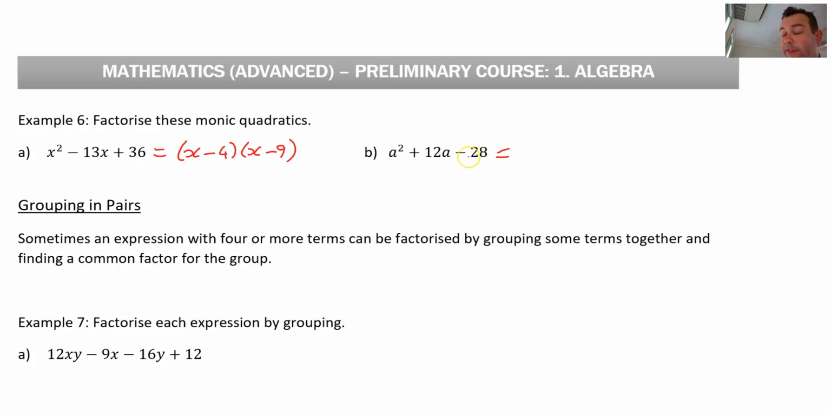Well, this is a negative, so I've got a positive and a negative factor, right? A positive and a negative multiplied to give me a negative. So I have a positive and a negative number. They have a difference of 12. Now, what sort of numbers get me to 28? Well, difference of 12, I think it's 14 and 2. So I think it's plus 14, minus 2. So A plus 14,